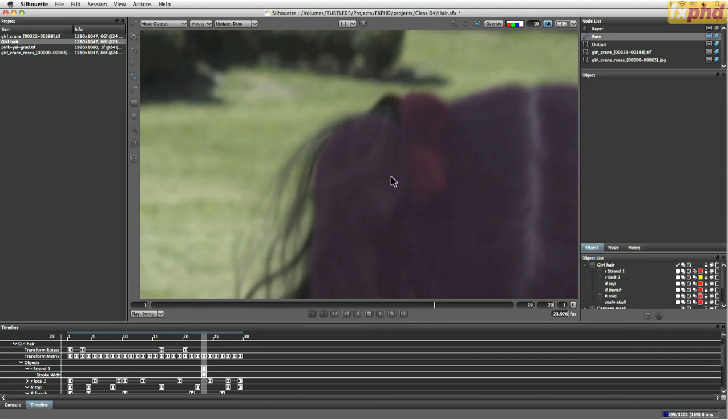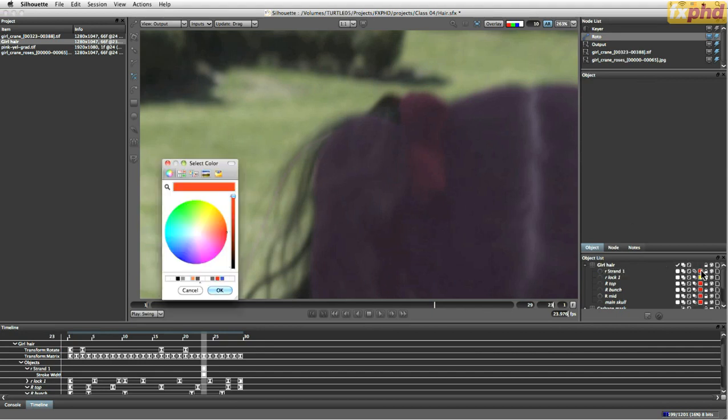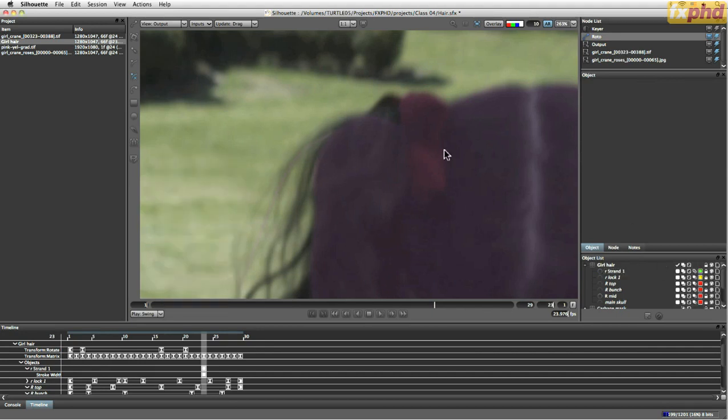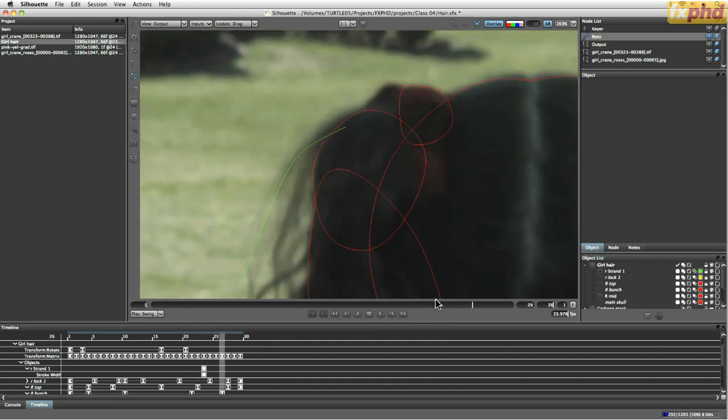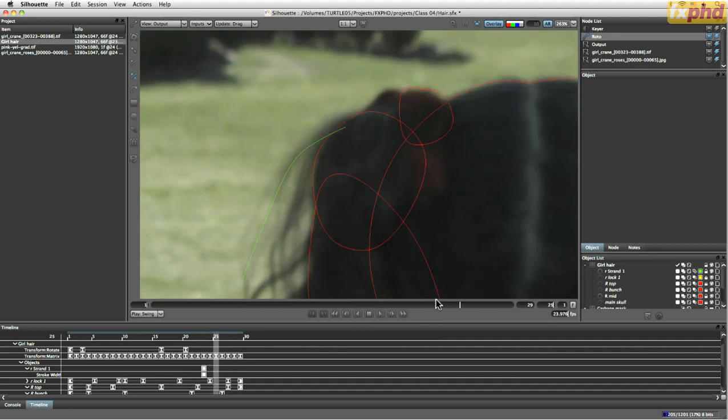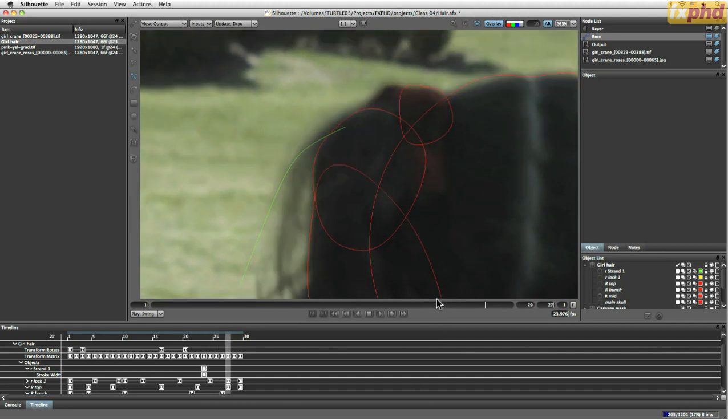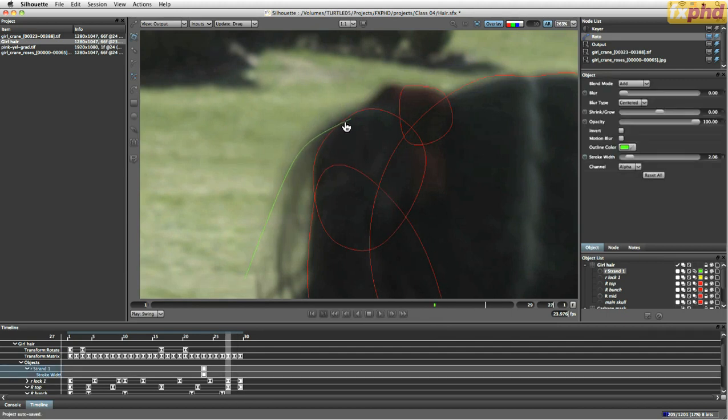Right, strand 1. It's going to be really difficult to identify these in any other way than looking at colour. So that is definitely going to be the way to go. If you've got loads and loads of different strands, setting colour is the only way that you're going to be able to ever have any hope of finding it. And again, the cool thing about these strands, hopefully a lot of work has been done for you with regards to the main